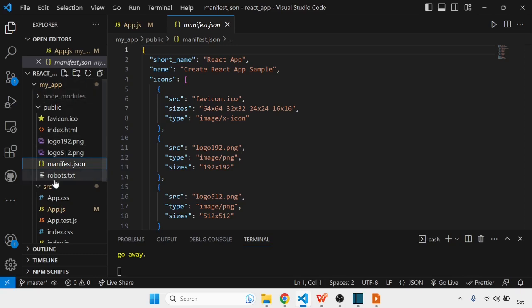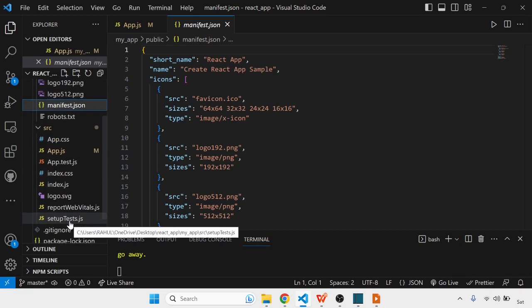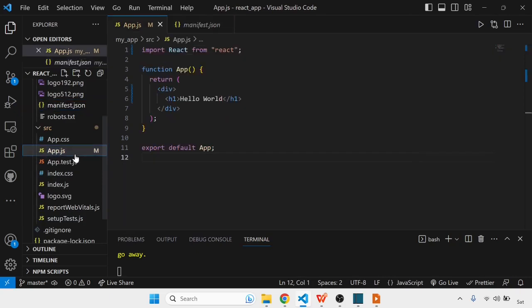Next, inside the source folder, we have components. Okay, so basically what you can do is these all are the components. As of now, we only have one component, that is our App.js. But as our project grows, there will be multiple components. So what you can do is create a separate directory called components to organize and store reusable components. Now inside the source folder, you can even set up your pages.